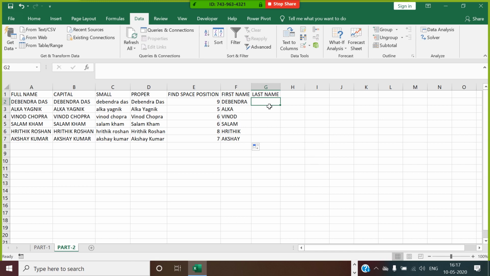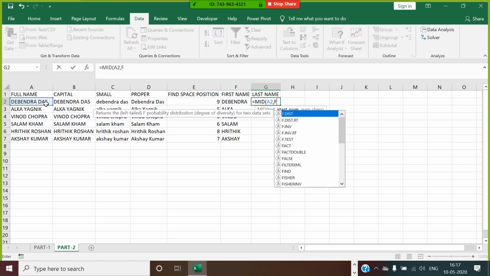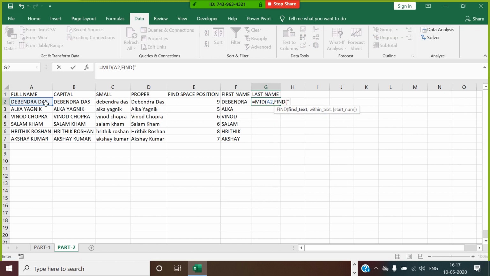And how will you get the last name? You will use MID within this text, search the position of space wherever the space falls, plus 1, from that character to 10 characters. I get my last name.